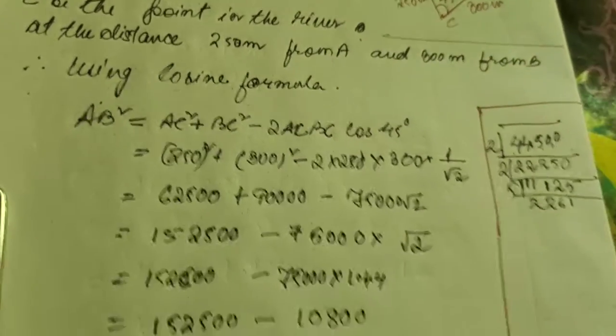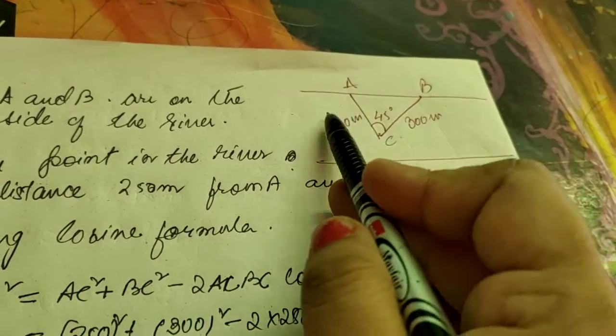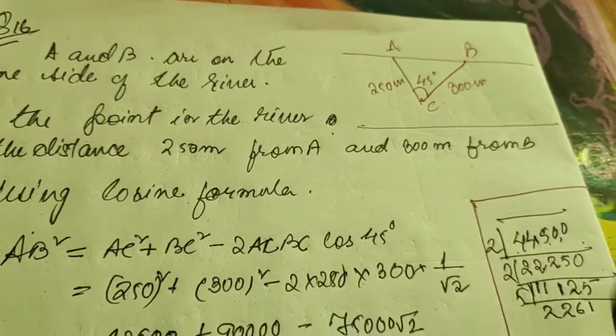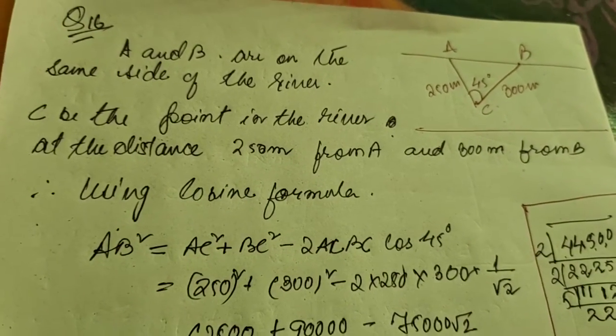So what do we have to find out? We have to find out the value of AB. What is AB? The distance between the two trees on the bank of the river. So now what will we do? We have to first